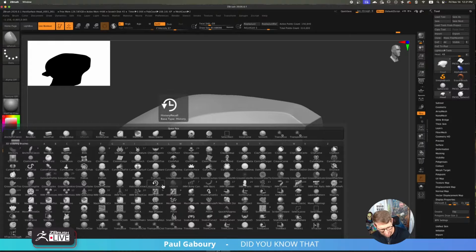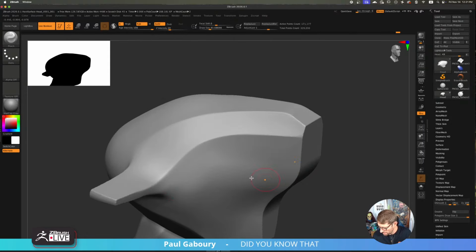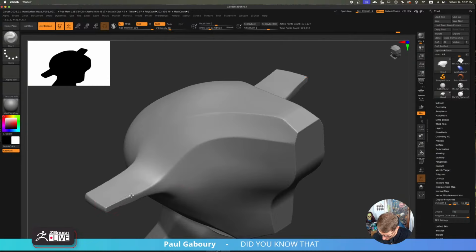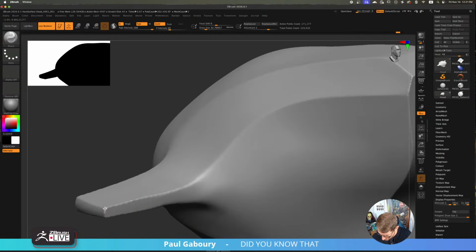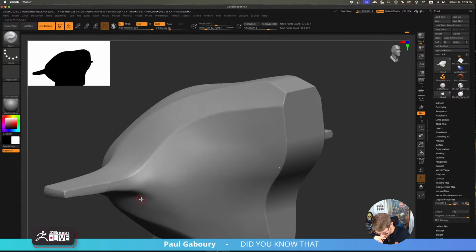And then I tend to also like to use the pinch brush, right? So I can kind of just pinch that. We'll go a little bit smaller here. Now if I just go here, it's pinching that line, and if I do the 1 key, I get it again, right? Again, 1 key, I get it again, and then I Dynamesh, and there I've made a cleaner line through there with the pinch. This is one thing I like to do.